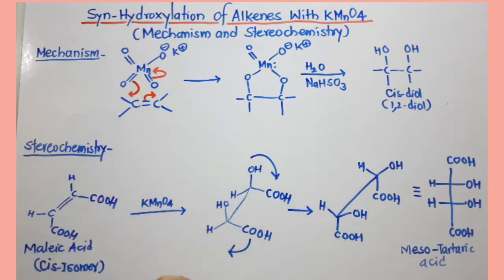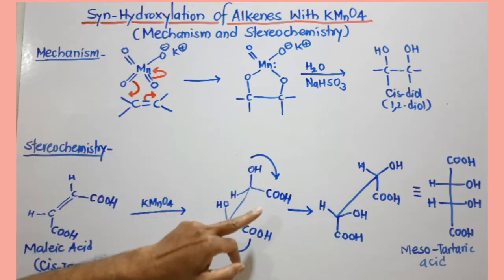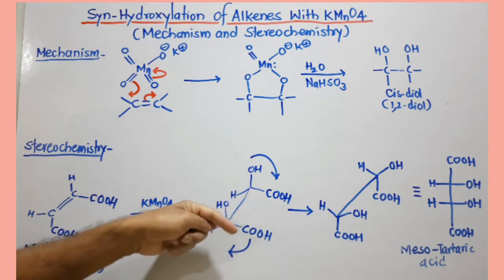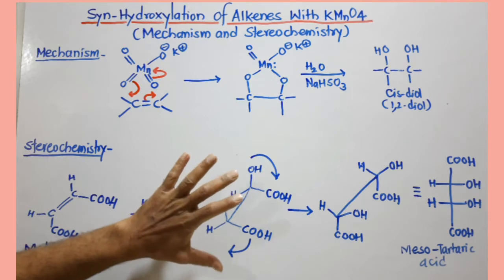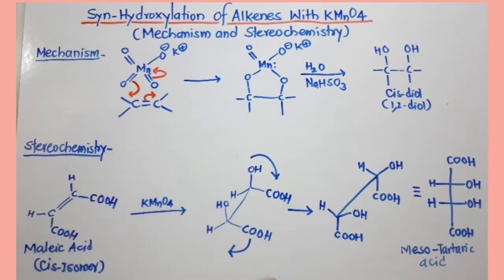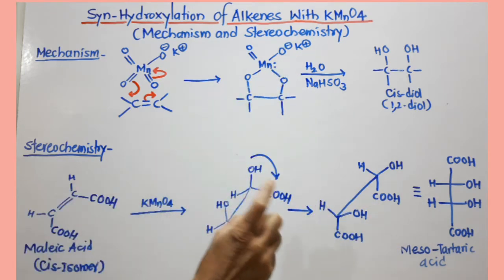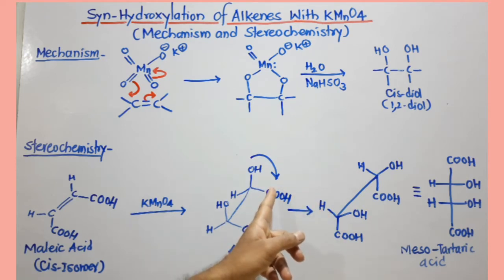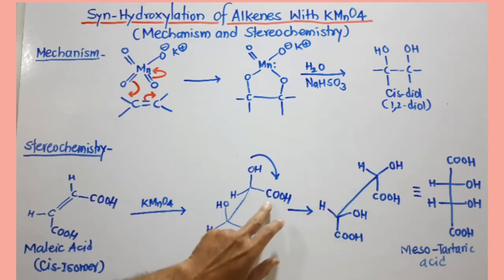In the Sawhorse projection formula, you can see all bonds are coinciding, that is, the dihedral angle is 0. So this is an eclipsed conformation. This eclipsed conformation we can convert into the Fischer projection formula to decide its stereochemistry. But as I mentioned earlier, when we convert it into the Fischer projection formula, we need two things. One is the eclipsed conformation, and another is that